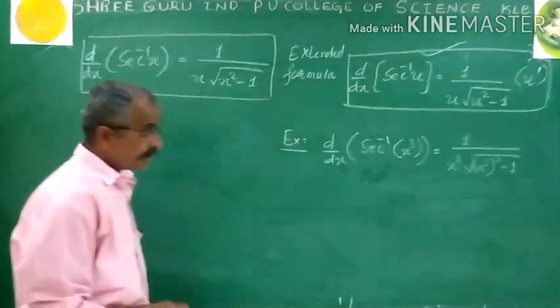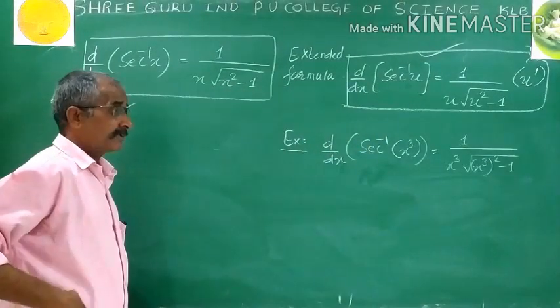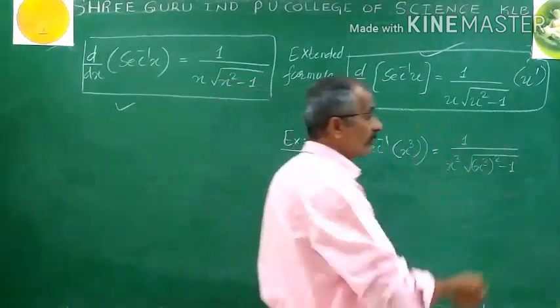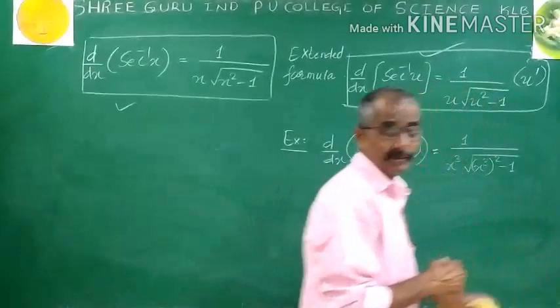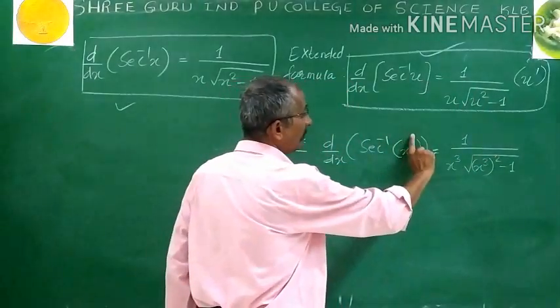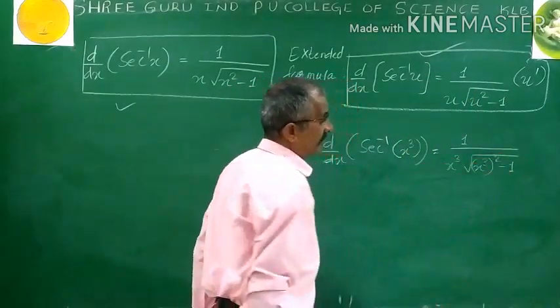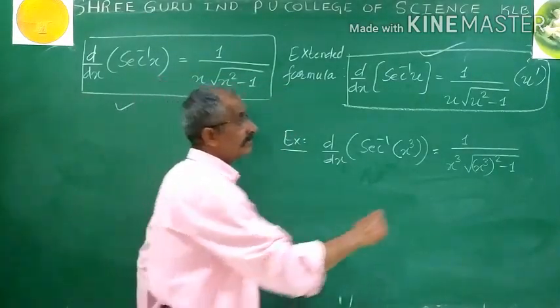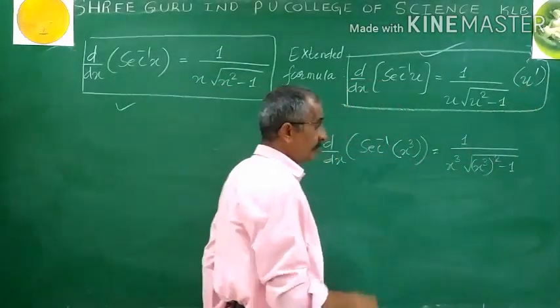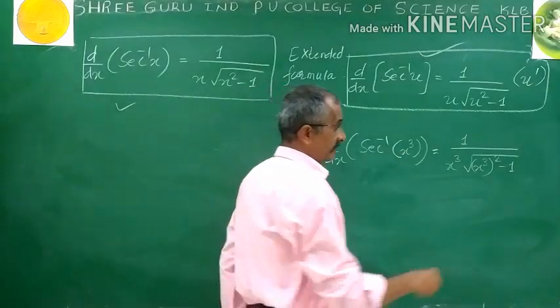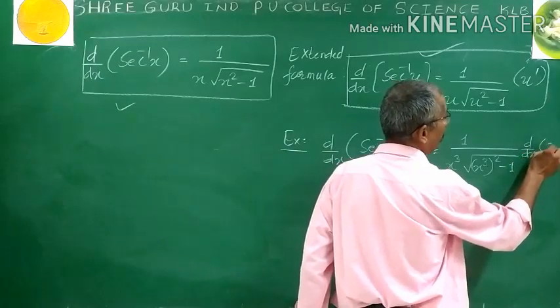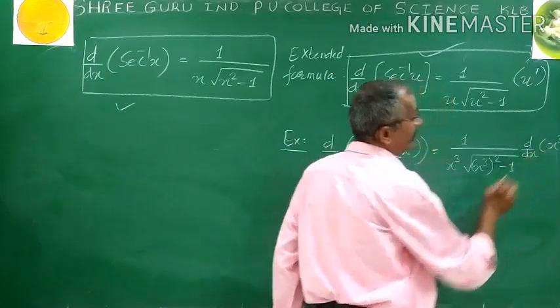Now here is the important part. Most students will make the mistake of not taking care of one more term. That is very important, crucial. If it were only x, the extra term is not necessary. But it is a composite function, so you must take care of du by dx, u dash. What is u? x cube. That means dy/dx of x cube. This is very, very important.